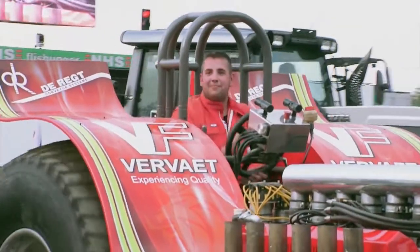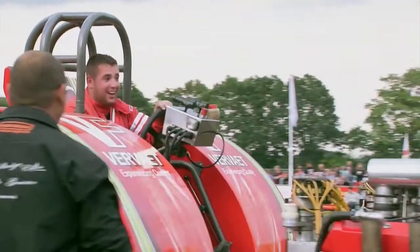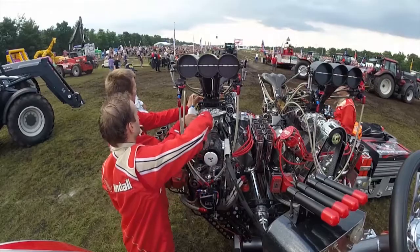So the final tractor up now of the 5 Eurocup tractors competing today, and this is Intertechno Lambarde. Yeah, right. It's four Hemi V8 motors. A lot of horsepower. Yeah, we have driven for many years, and this year we struggle a little